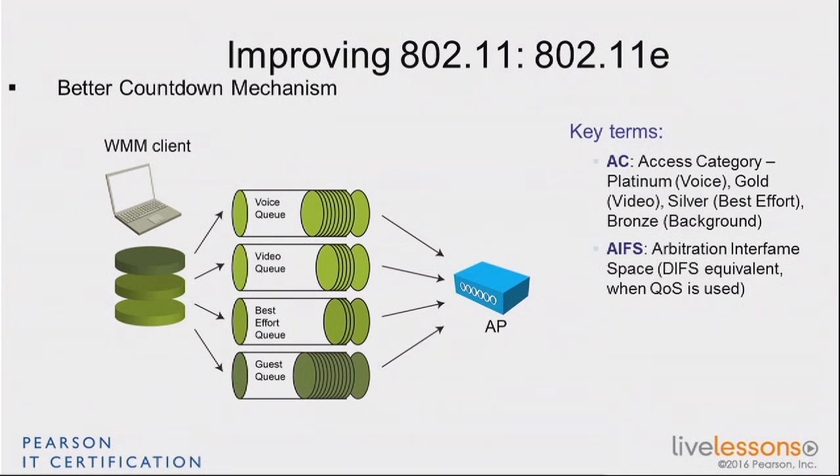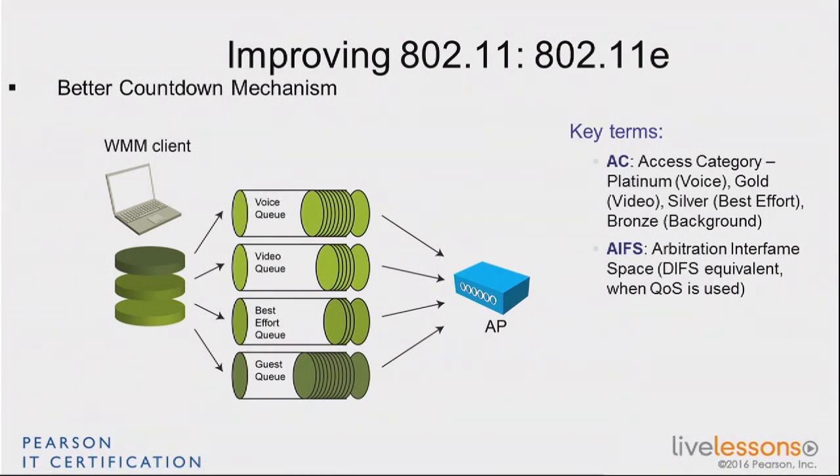That's one thing. The second thing is that the DIFS also is going to vary in size. If you have a real-time application, your DIFS, which is not called DIFS, it's called arbitration interframe space, AIFS, is going to be smaller than if the frame you have to send is background traffic. So not only do you count down from a small number, but you also guarantee that when you wait that silence, you're going to wait less if you're using a real-time application than if it's a less important application. So AIFS is the equivalent of DIFS when you use QoS. That's something you have to understand.